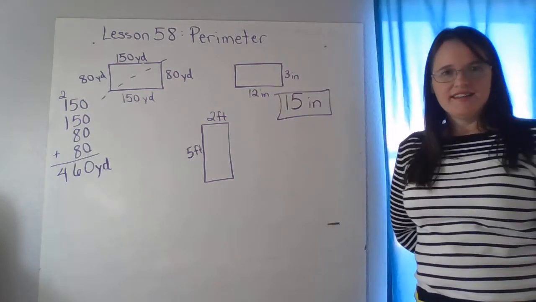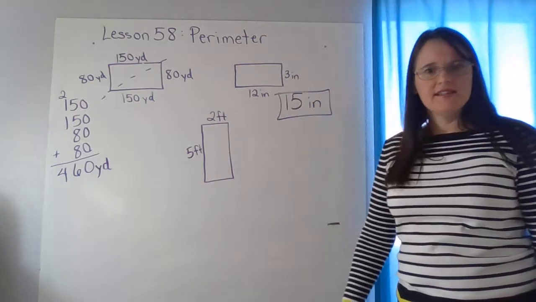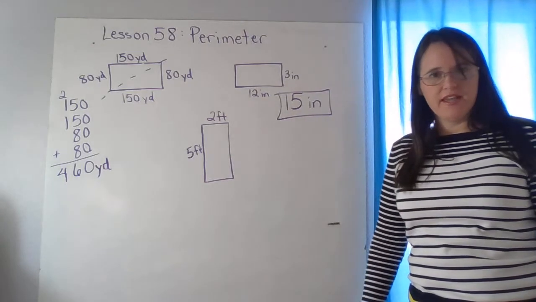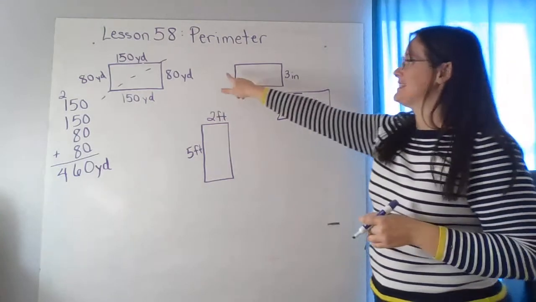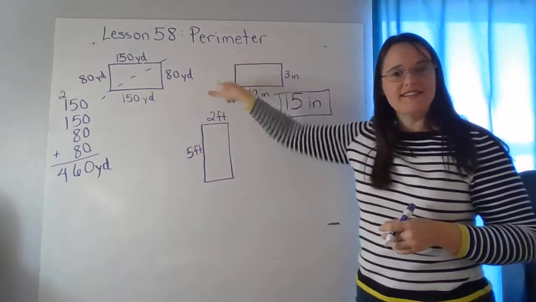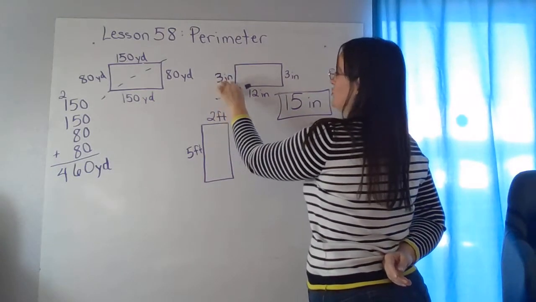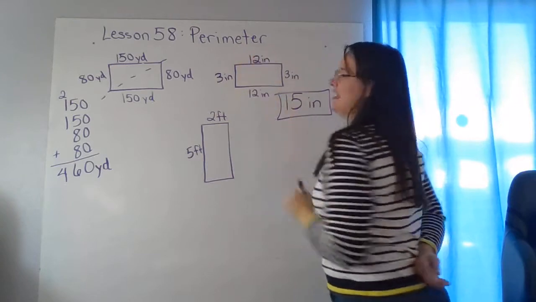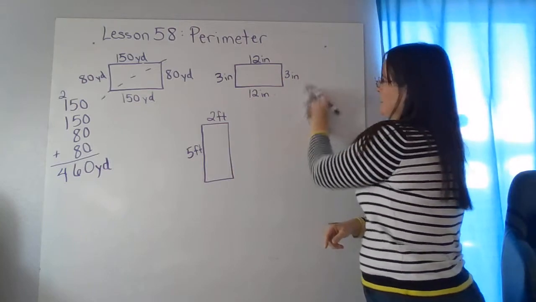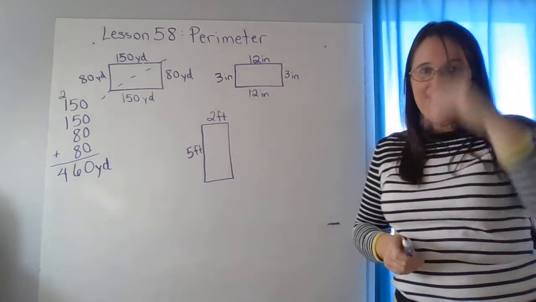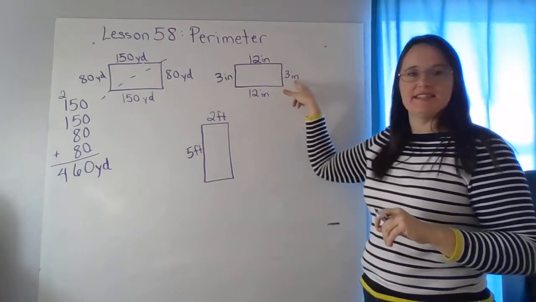Am I done? Why are you saying no? I added the sides. They just labeled these two for me. I'm done, right? No, I've only figured out half the perimeter because I did not add these sides. So it might be a good idea for the first thing that you do is you go in and write down the measurements to all 4 sides, because that can help you not forget to add them. So I know 12 and 3 is 15, so I know this and this is 15, and